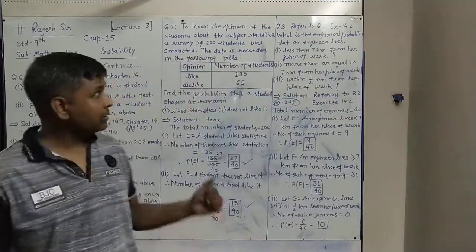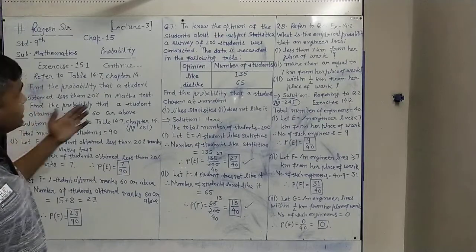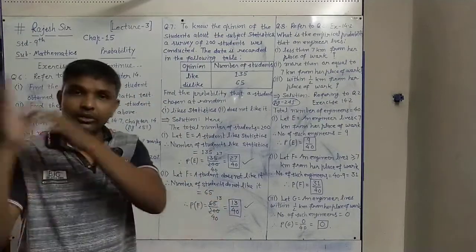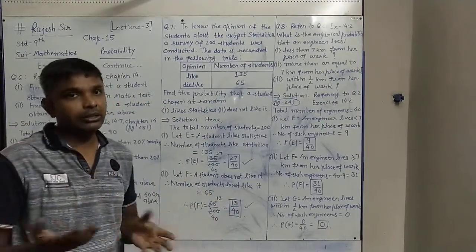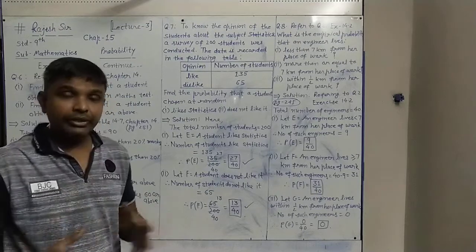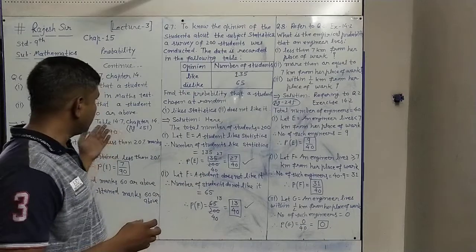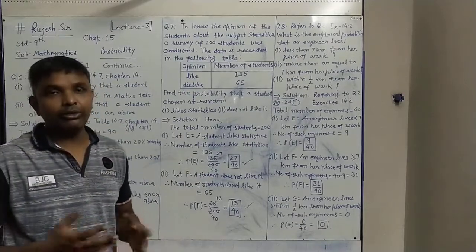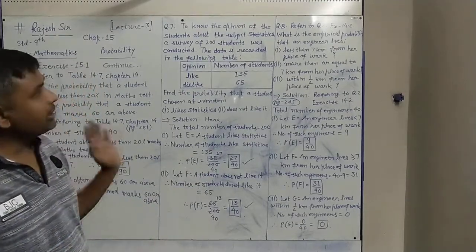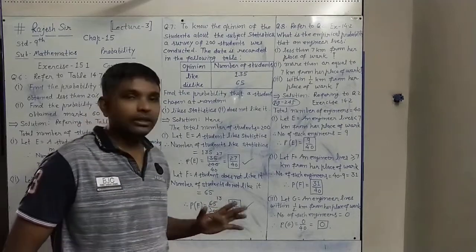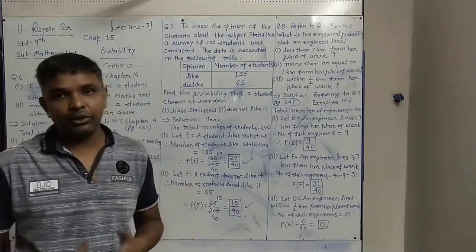So this way we have seen questions number 6, 7 and 8, in which we have to refer to the last chapter's table also. We have to refer to it and give the answer, and then only will we get the exact favorable outcomes and total number of outcomes. And very easily then we can solve it by the definition only, that we were solving.